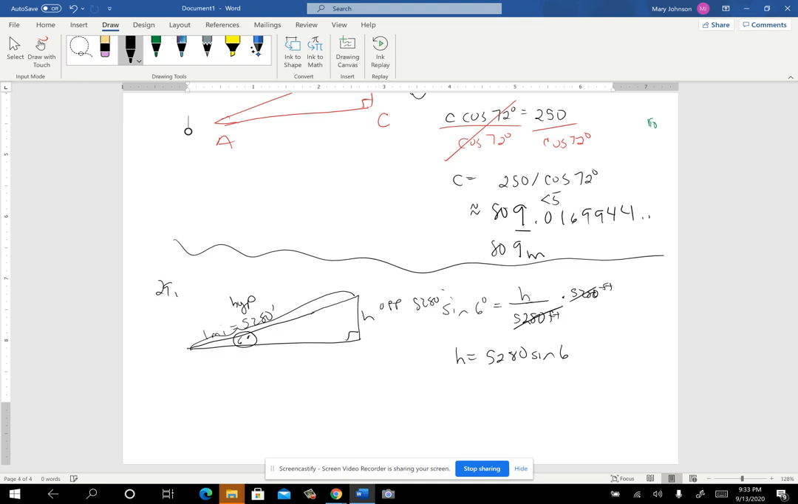So multiplying by 5,280 feet on both sides. Okay. And we are in degree. Make sure you're in degree mode. I always check it, even though I think I remember, it pays to double check that. So that turns out to be about